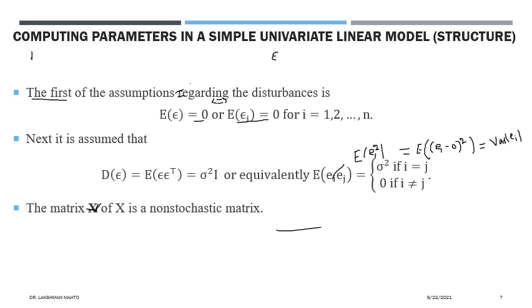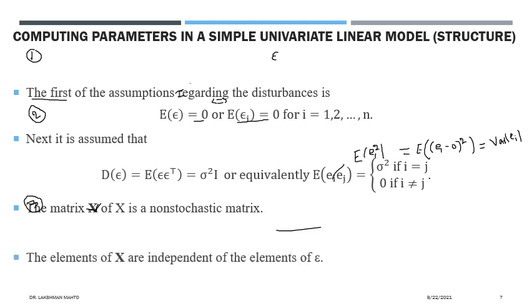This is the first assumption, that the expectation of the disturbance would be 0. Second assumption, the variance is sigma square, and any two disturbances are uncorrelated or mutually perpendicular. And the third one says that the data matrix X must be non-stochastic with linearly independent columns. Why? There is a meaning to this one. Linear independence gives a unique solution, a unique estimated value of omega.